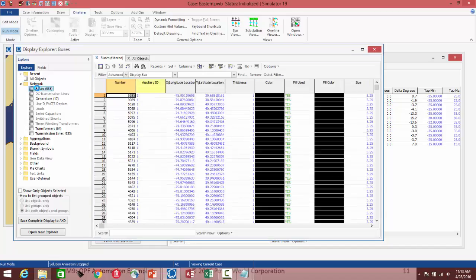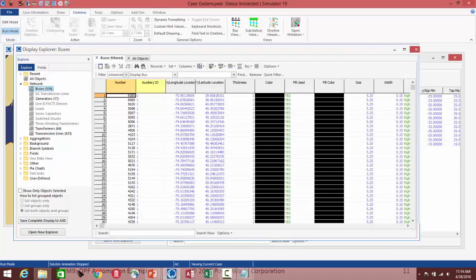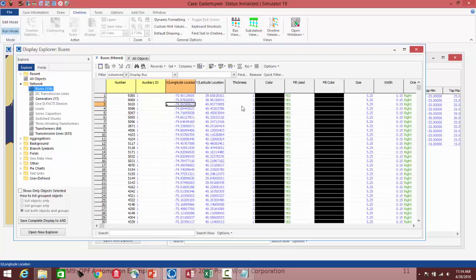So for example, I could look at buses. This shows that there's 536 bus objects drawn on the display, and the characteristics are described here in text format. So for example, the bus number, where it's positioned on the diagram in XY coordinates or latitude longitude coordinates,